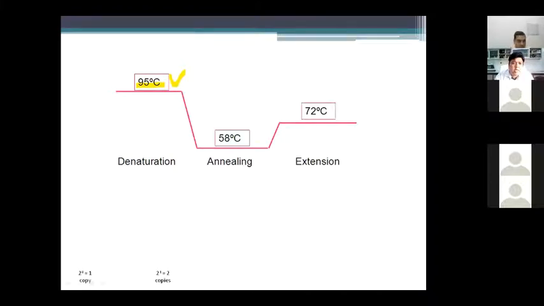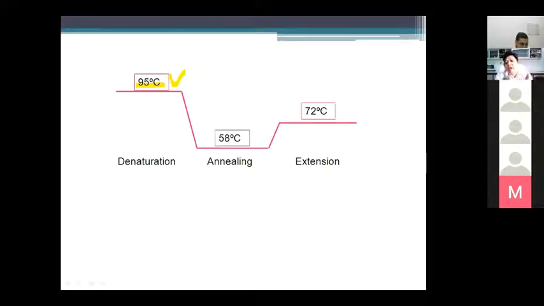So the second stage is annealing. Annealing is when the two strands bind with the forward and reverse primer. And this annealing temperature we also design depending on the designing of the primer. So generally we take this temperature between 55 and 65. And mostly we design primers in such a way that most of the primers come in the same range, so that we can run more PCR reactions for different genes of interest in a single run.